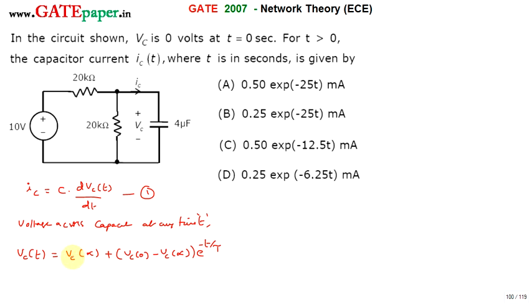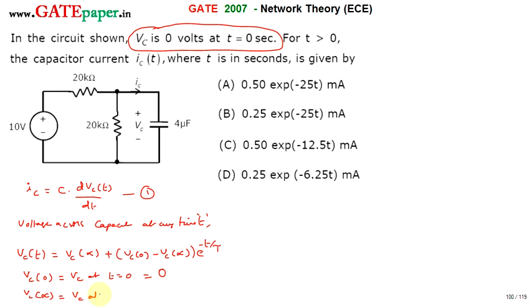Vc of infinity is the voltage across the capacitor at t equal to infinity, and Vc of 0 means Vc at t equal to 0. It was given that Vc is 0 volts at t equal to 0 seconds, so the value of this one is 0. And Vc at infinity means the voltage across the capacitor at t equal to infinity. We need to calculate that first. Remember that at t equal to infinity,